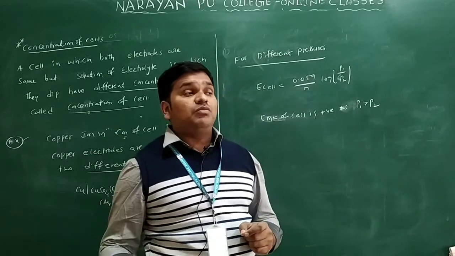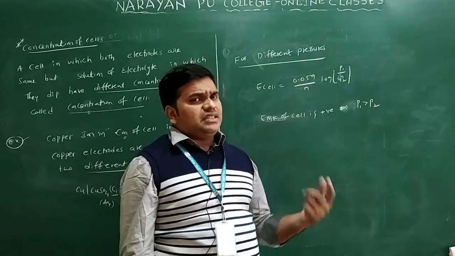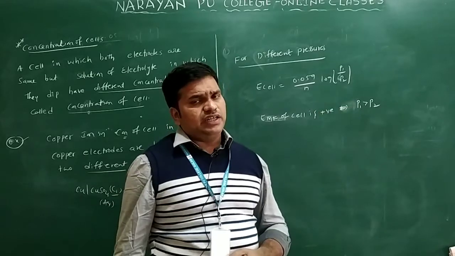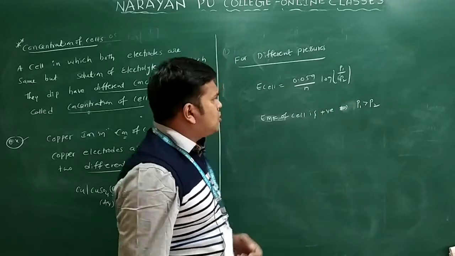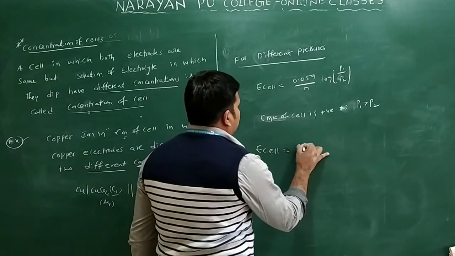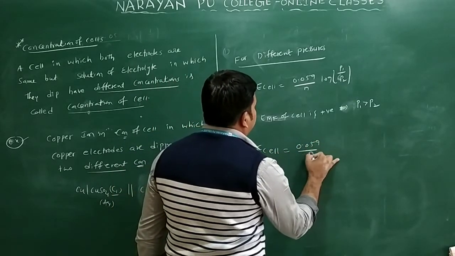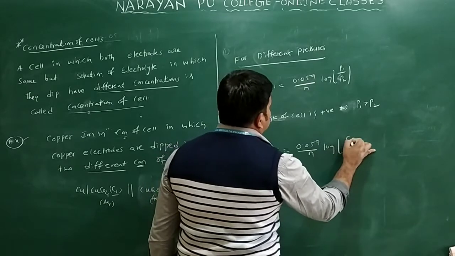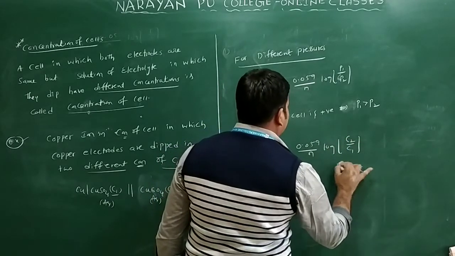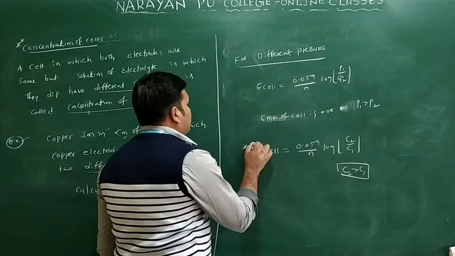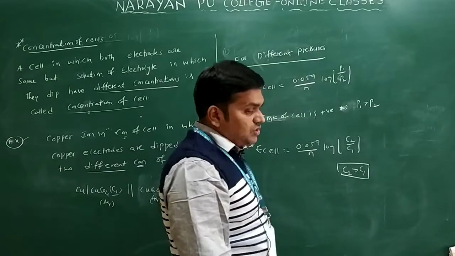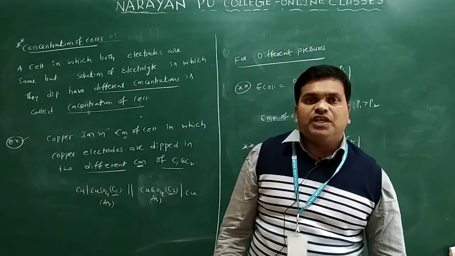We discussed an example with different concentrations. In the objective questions, we'll check whether there is a question related to this concept, and we'll discuss it. Clear? So once more I am repeating the formula for the concentration cell: E cell is equal to 0.059 by N into log C2 by C1, where C2 is greater than C1 only. So these two formulas are important. These come under concentration cells, with different concentrations and with different pressures only.